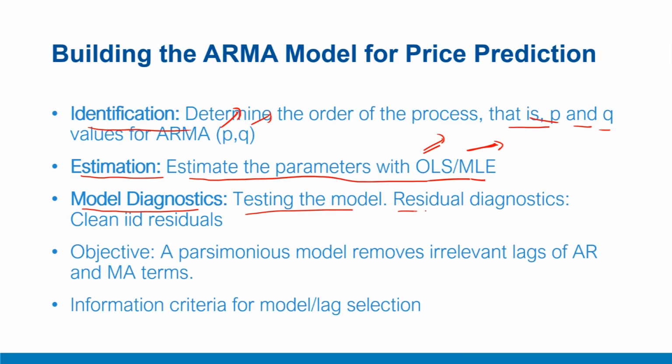Generally you try to test the residual of the model. The assumption with residuals is that they are white noise terms, so they should have no autocorrelation structure. That is one. Often the model is also tested for overfitting. For example, you start with an overfitted model and then you test the parameters whether they are significant or not. So you keep on eliminating insignificant parameters to arrive at a very parsimonious model. The idea behind using a parsimonious model is to choose as few AR and MA terms as possible.